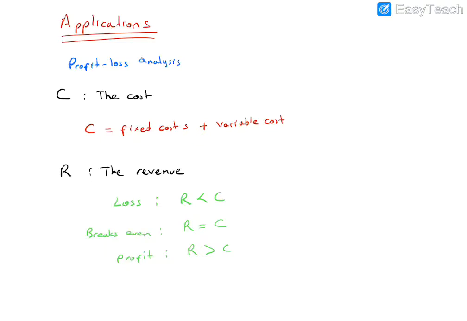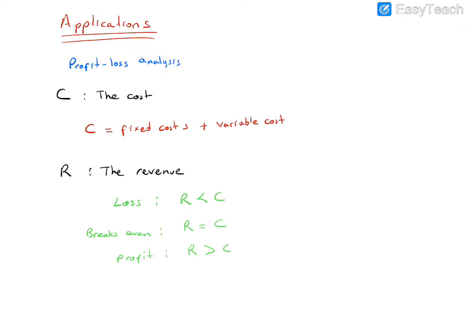Also, the value for the number of items when the revenue and cost are the same is known as a break-even point. In the future we will discuss this. But basically this concept, the cost notation, revenue notation, and this relation are very important for this course. In the future we will use this concept.